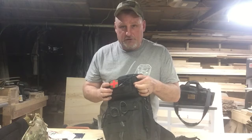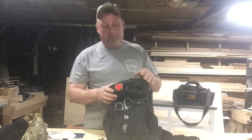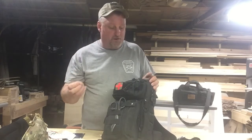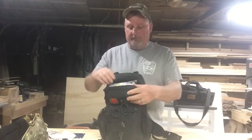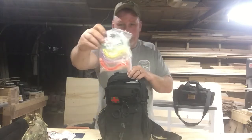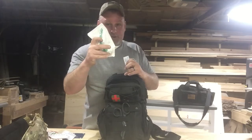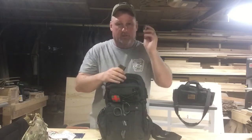On the outside, I've got a tourniquet right here, easily accessible, so that's one of the first things you can grab. Set of EMS shears so that I can get clothing off someone to see where the injury is, what it is we need to treat. Inside this top pocket, now I can keep a full set of oral airways, another nasal airway, pen light,